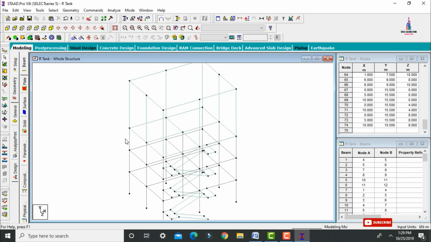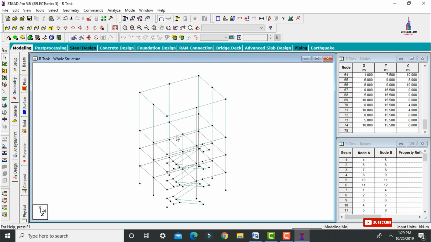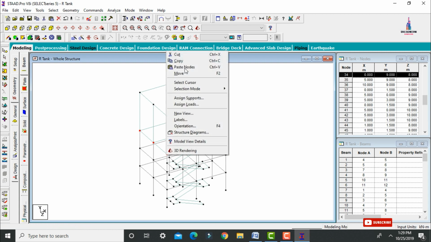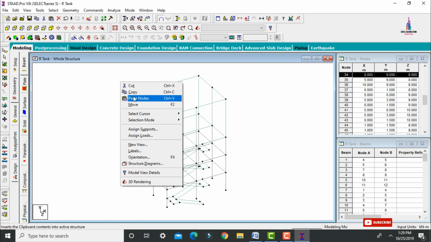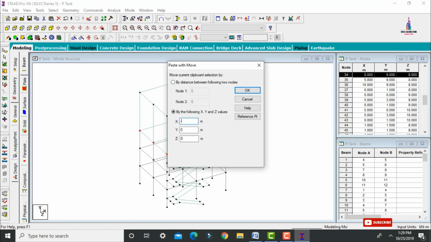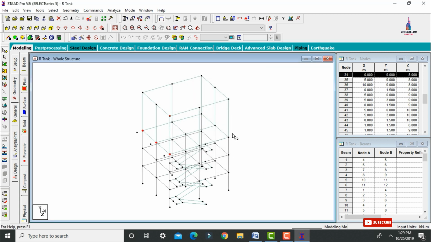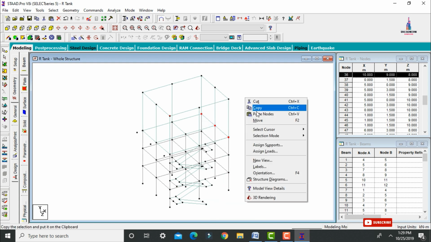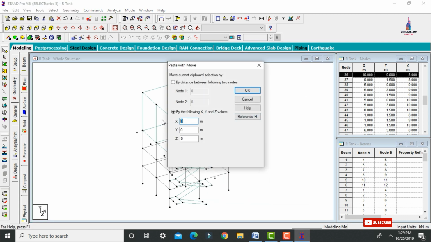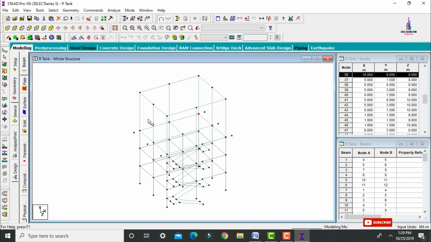Now we have to create the cantilever slab for this respective portion at this point. So for that select node cursor, select these node points here. Just I am selecting this. Click on copy option, click on paste nodes, which is at a distance of -1 meter. Just I am taking -1 meter. Again I am selecting right hand side sections here. Click on copy, click on paste nodes, which is at an x direction distance of 1 meter. Again I am taking one more section here.